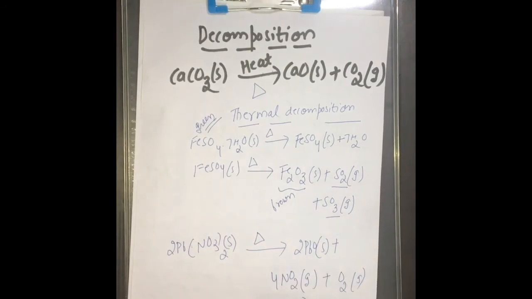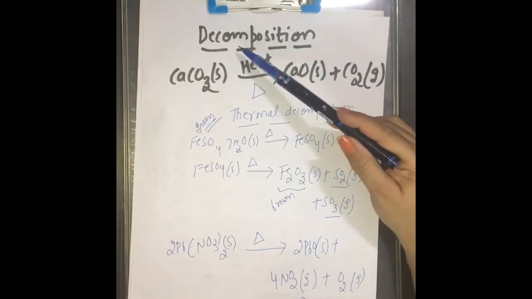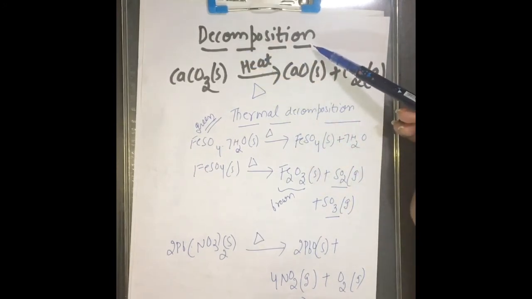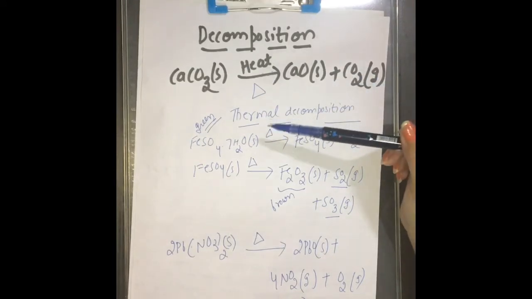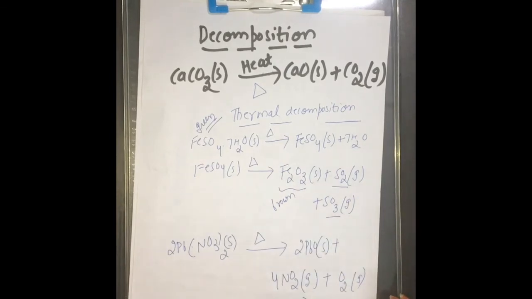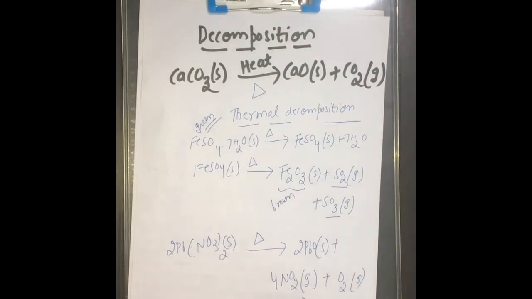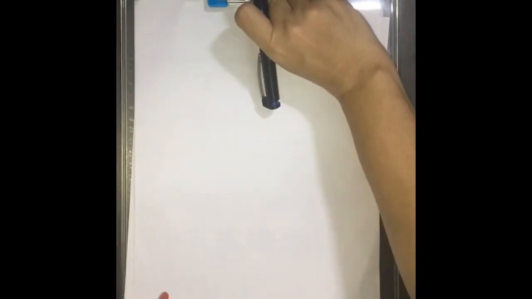Likewise, you can also discuss the effect of heat on copper nitrate crystals, and you can consider some other examples as well. So this was the very first category where we have discussed the decomposition reactions with the help of heat, that is thermal decomposition. Another category, the B part of the same topic, is decomposition reaction with the help of